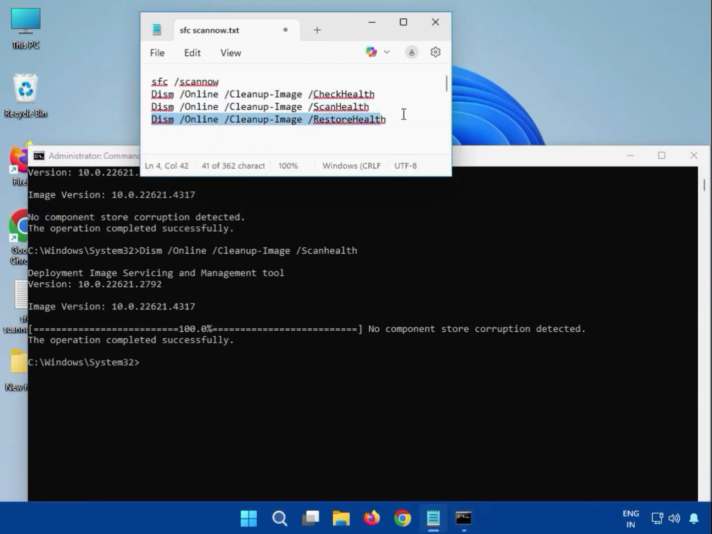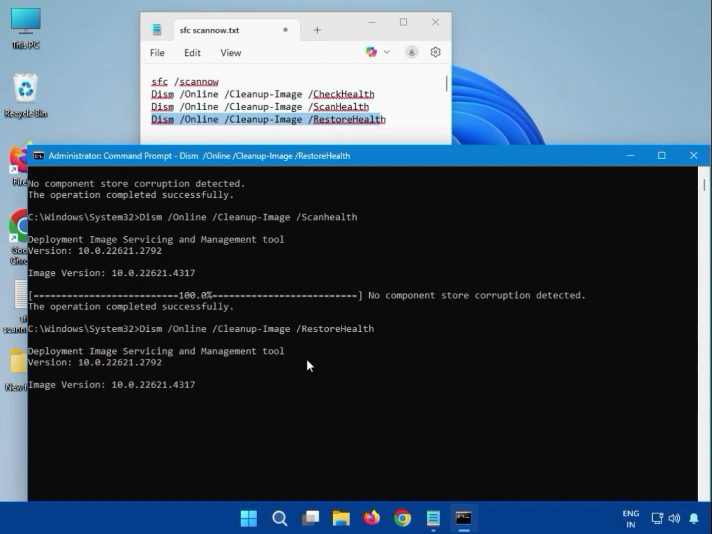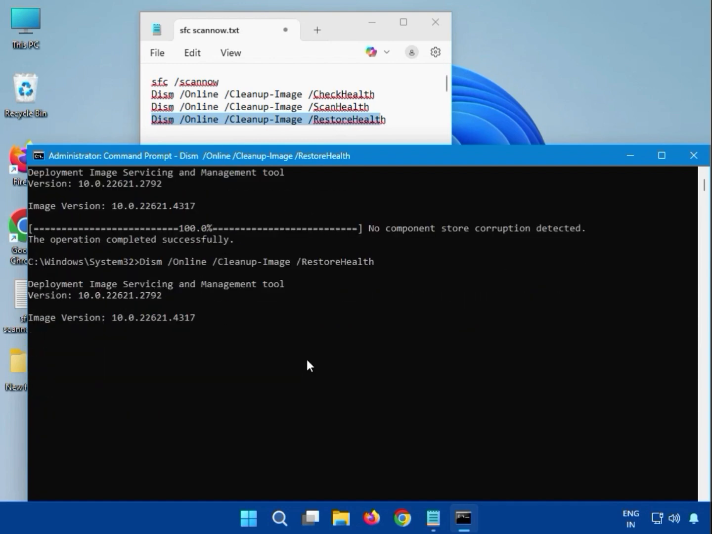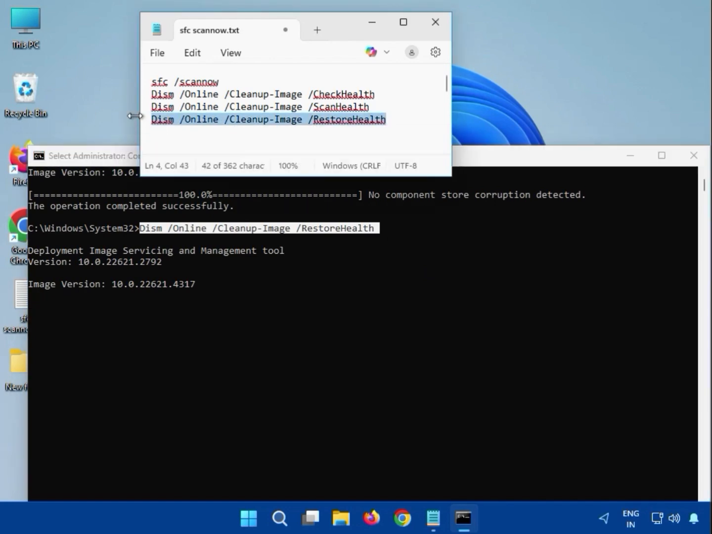Then guys, the fourth one, which is restore health, you can see here we can enter DISM and all, and please note small and capital. Okay, restore health, and then hit enter. Again guys, you have to wait. Okay, the percentage will start, it will complete. After that you can see here